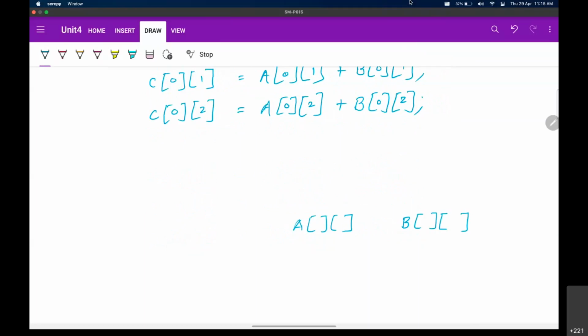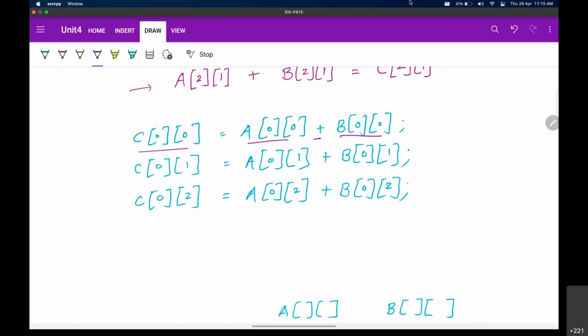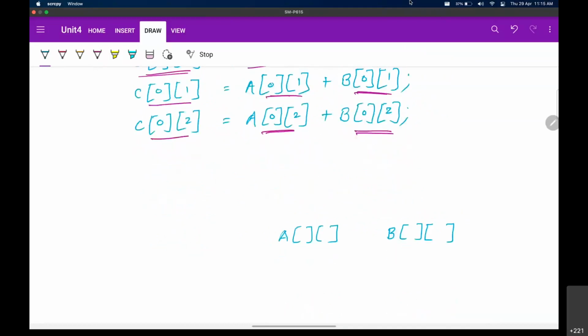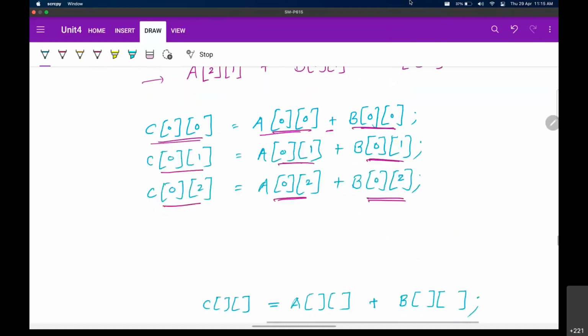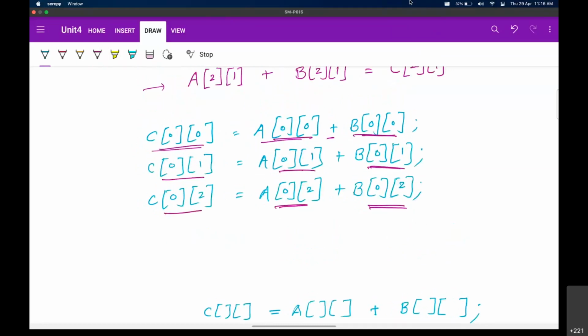Now when you analyze these indexes, both are going to be same 0 0 0 0 या तो फिर 0 1 0 1 या तो फिर 0 2 0 2. अब ये दोनों के लिए इंडेक्स सेम है एंड द सेम इंडेक्स यू आर गोइंग टू यूज इन द C वेरिएबल आल्सो. So it is also going to be something like C of something equals to A of something plus B of something. Now this something is what is being changed. बाकी का जो हमने लिखा वो कांस्टेंट है.